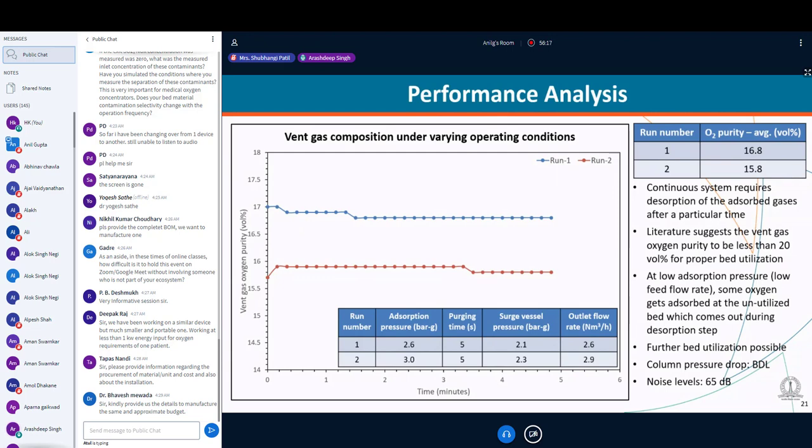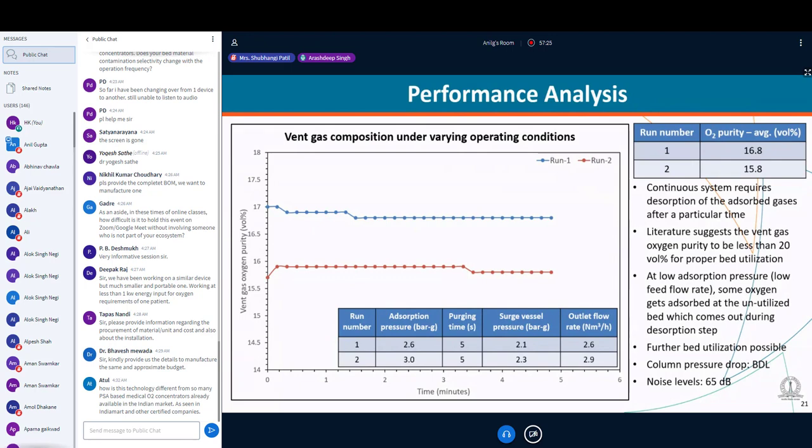See, when I was working at 2.6 bar, I was underutilizing my bed. Whatever nitrogen was getting separated, that was getting separated in the bed. For example, if I have a column which is 100 centimeter in length, and I'm just working at 2.6 bar gauge, I'm using around 80 centimeter of the length. But when I have gone to higher pressure, I'm using most of the length. In that 20 centimeter length, that 100 minus 80 in the 2.6 bar case, some amount of oxygen also gets adsorbed, and when you desorb, that oxygen is going to come out. As I have increased my bed utilization at high pressure, my oxygen has come down. And this is really great, because your recovery values will also change.